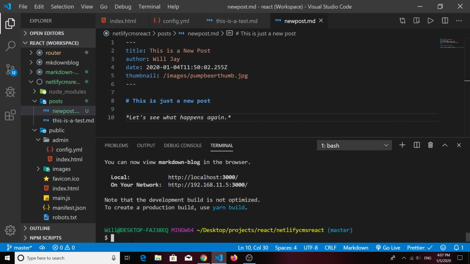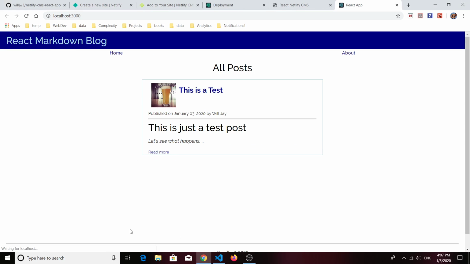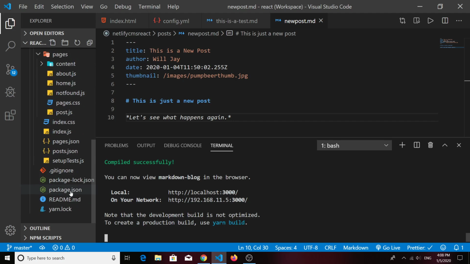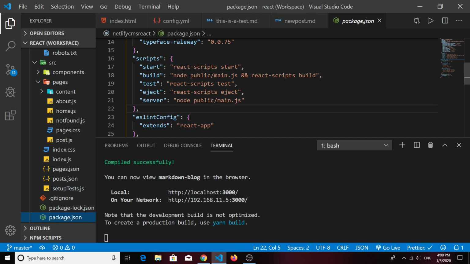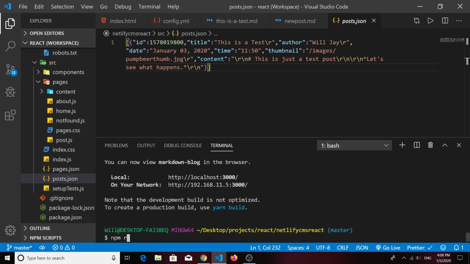All right, good. So if I run npm start now, I'm not going to see that post. I'm just going to see the original post that I had, right? And the reason being is I need to run a script here, called a server script. And that's going to run a file I have called main.js, which turns the markdown that I just added into data, and it adds it to this post.json file. All right, so if I run the server script,